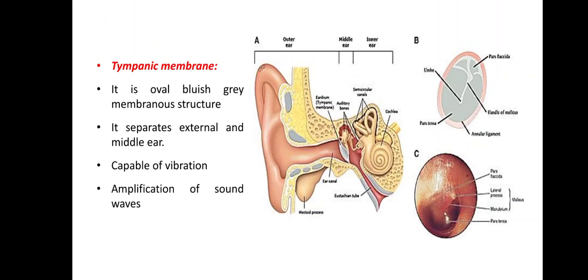And look at the right side, the rounded or oval shaped figure. It is actually the structure of the eardrum. It is a membranous structure. It separates the external and middle ear, and from here the middle ear starts, which is a cavity consisting of three main ossicles. Okay, so external ear consists of three main elements: external ear pinna, auditory canal, and eardrum.